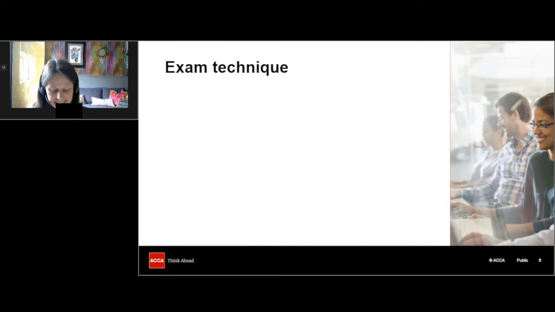In terms of exam technique, a common question is, which section of the exam should I do first? Should I do section A or should I do section B? And this one is really down to personal choice. Now, the biggest question, of course, is question 1, which can seem quite daunting. So some people prefer to do the section B questions first because they're a bit shorter, there's not quite so much information, slightly more manageable, 20 marks, and they tend to be slightly more technical questions rather than big scenarios. On the other hand, other people prefer to do question 1 first to get it out of the way. So that's why you really need to practice.